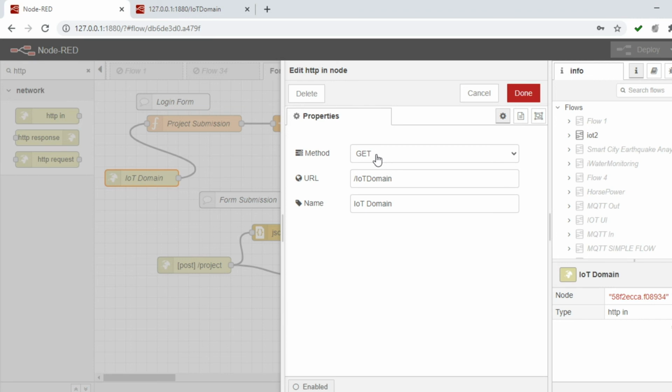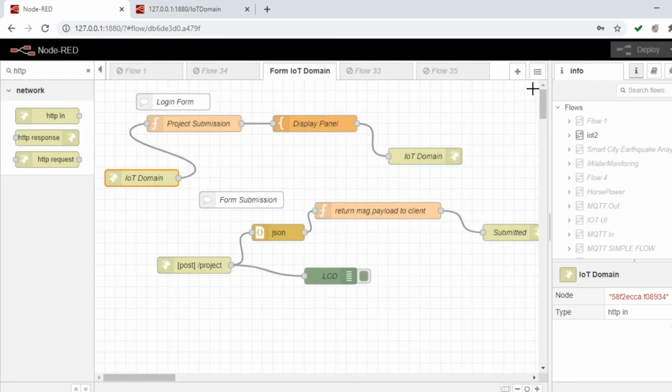For the login form, it should be the GET method, and the URL here I gave as IoT domain. Whatever URL you give here is going to be the executable site, so you have to remember this URL. I'm going to use this IoT domain as my executable web page, and I'm giving IoT domain as the name of my HTTP in.